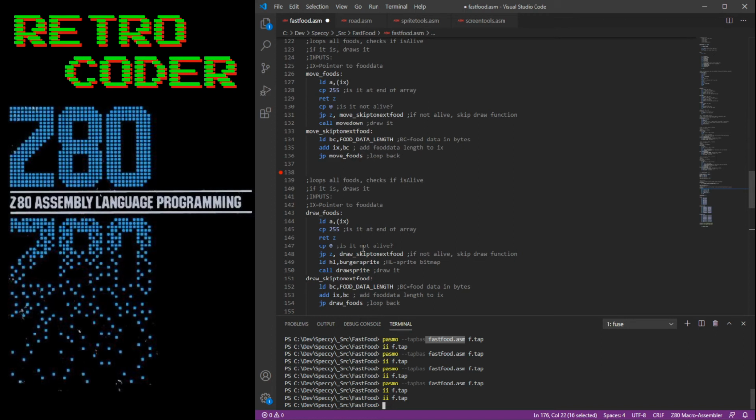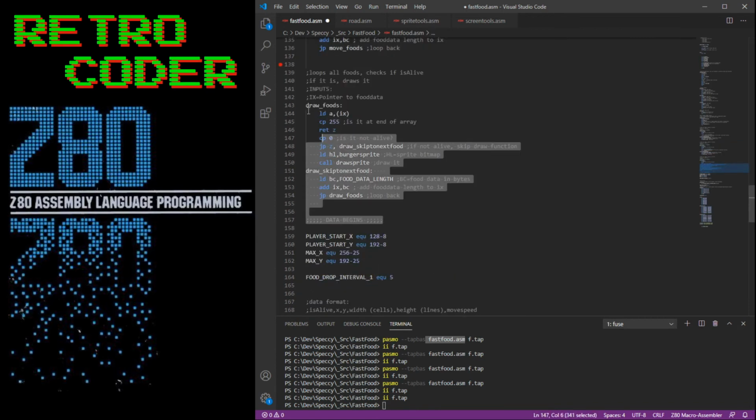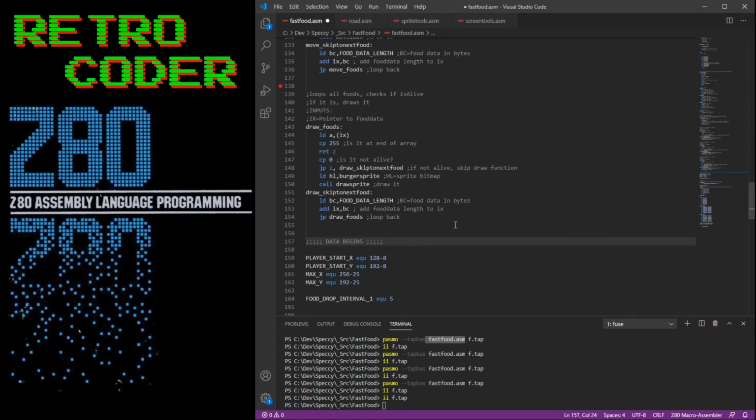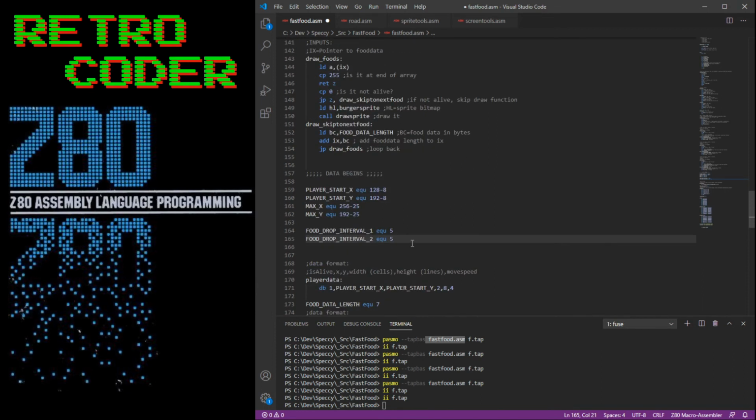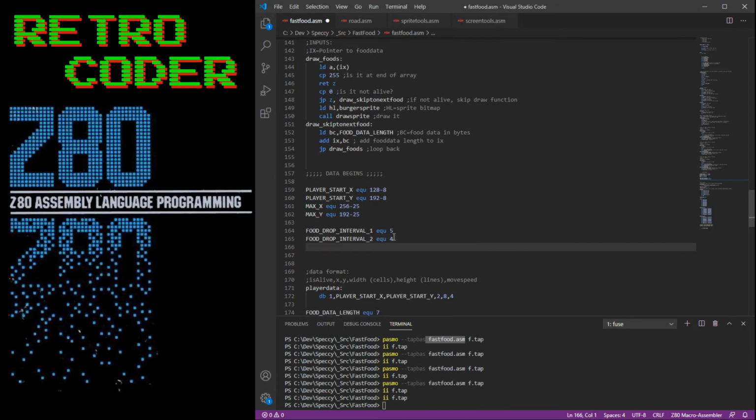Of course, we can make floating point numbers, and we can use 16 bits, but we've got to keep it simple. I mean, I'm still struggling myself with how to do that. I don't want to do that on stream. But just for completion, we'll make food drop 2 interval. So we've got level 2 sorted. And that'll do for now. And then we'll do food drop